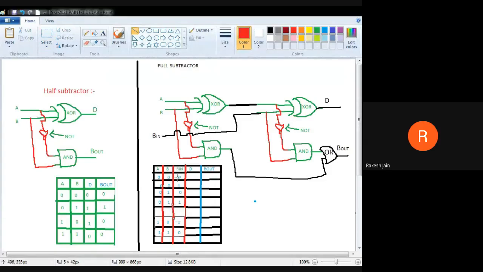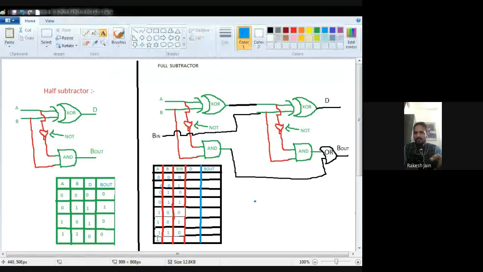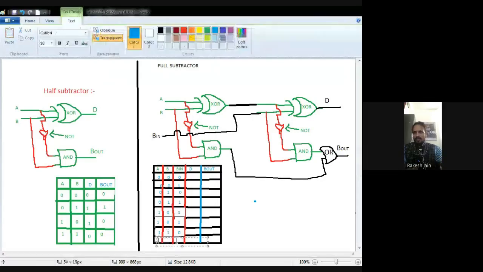Sorry, this one is 0 1 2 3 4. 4 is 100. Sorry, this one is actually 5, and this one is 6.